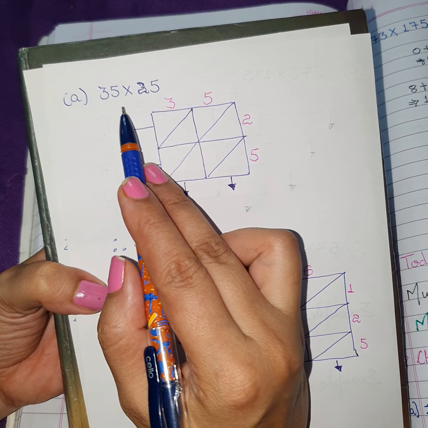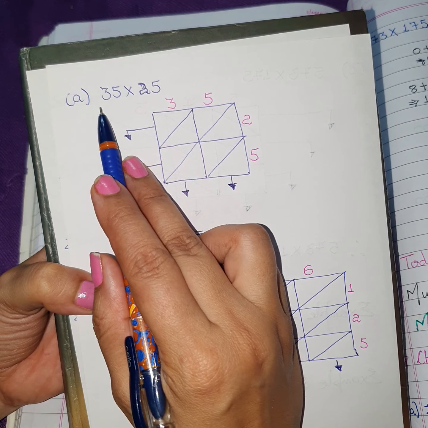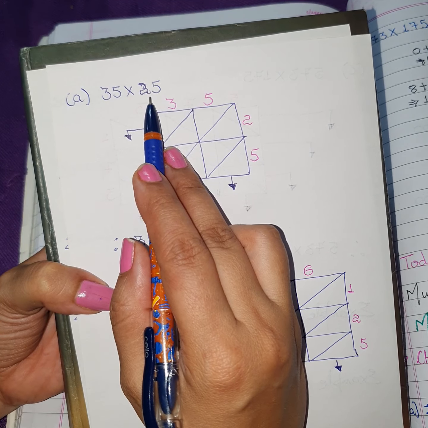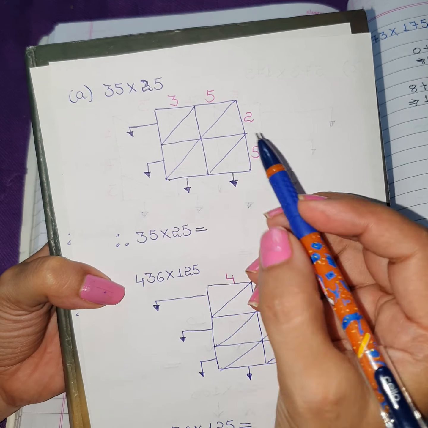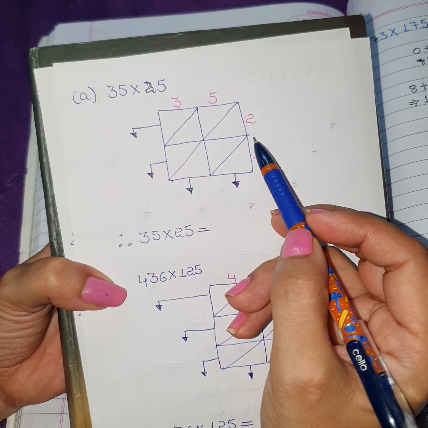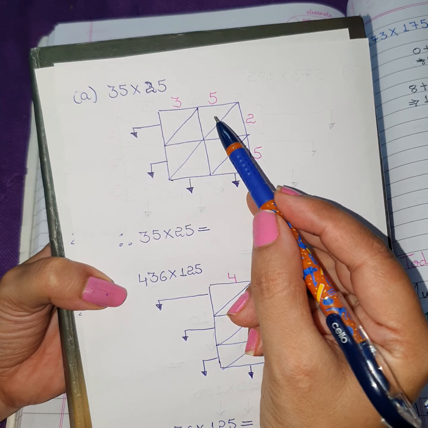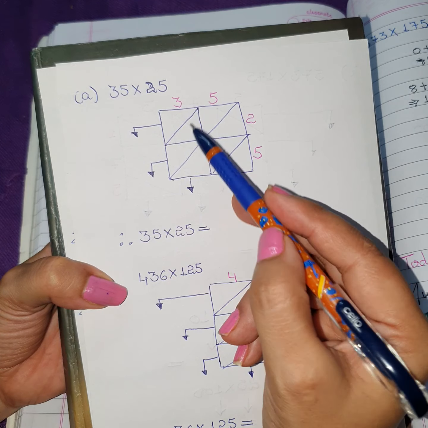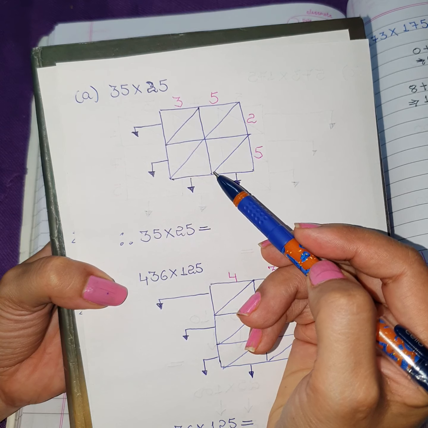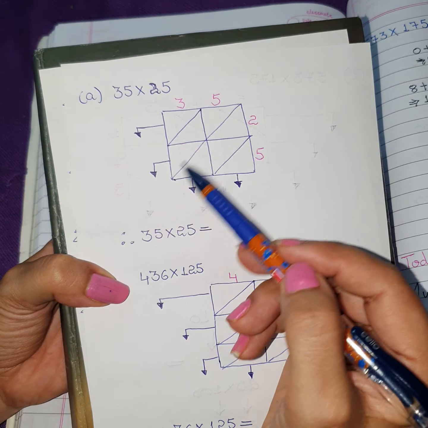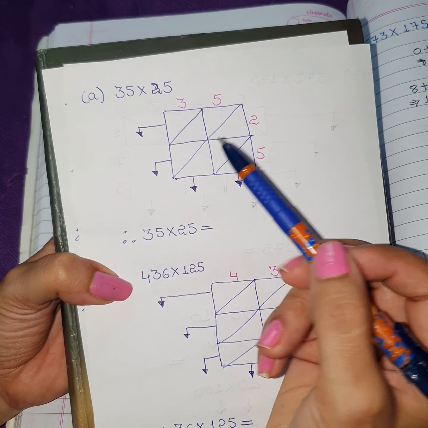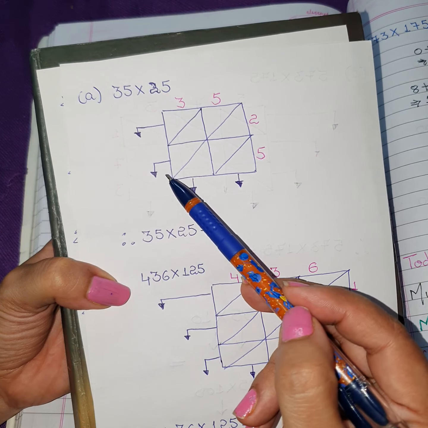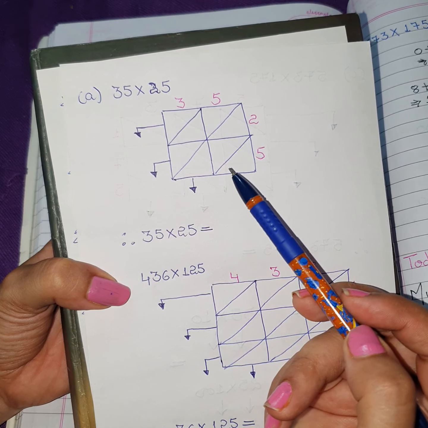What I told you is that when we multiply a two-digit number by a two-digit number, we have to prepare one box. Then we divide it into 2 parts vertically and 2 parts horizontally, and then we draw slanting lines, to make a format to do this multiplication. Here you can see that I have already prepared this format for you.